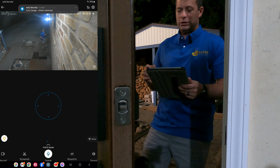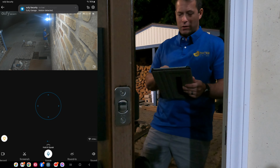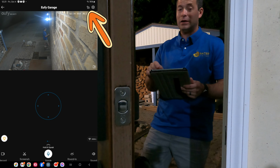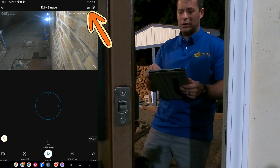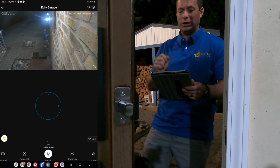All right, so here you can see that I am out here in the garage. I'm in front of the door. And now up here in the top right, I have an icon that I did not have before, and that is to lock and unlock the door. So if I press that lock or unlock button, that will actually make that door lock open and close right